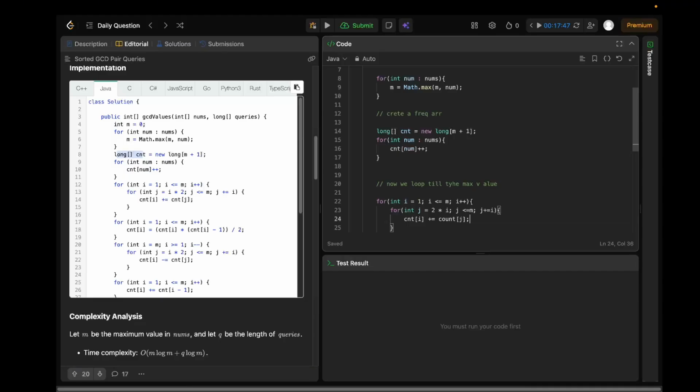Okay, what if 2, 4 and 6? We count 2 and 4, and 2 and 6, 3 times, right? So 2 itself, so 2 and 4, 2 and 6, we count 2 times. So initially count is 1, right? And then